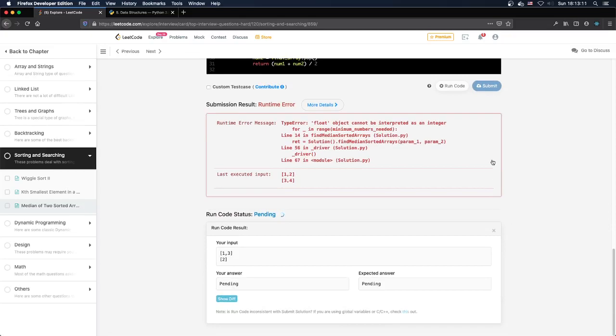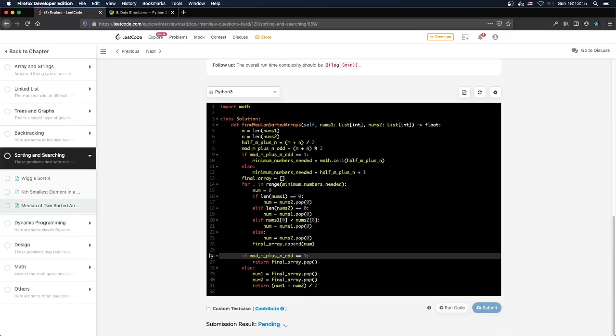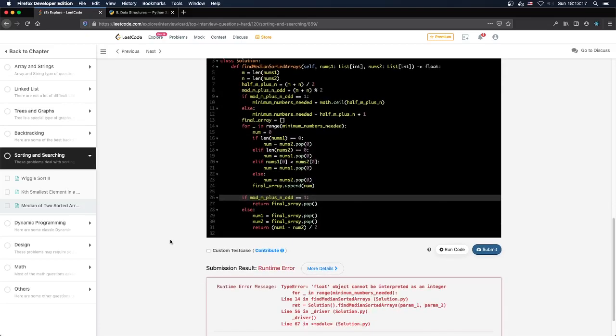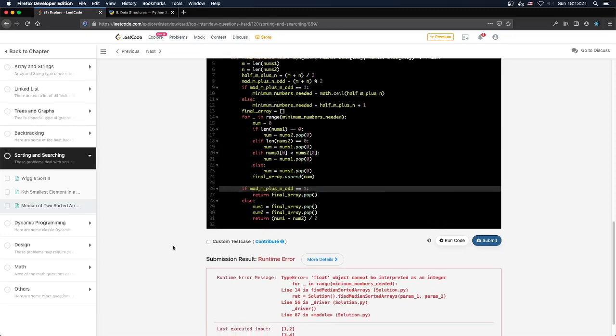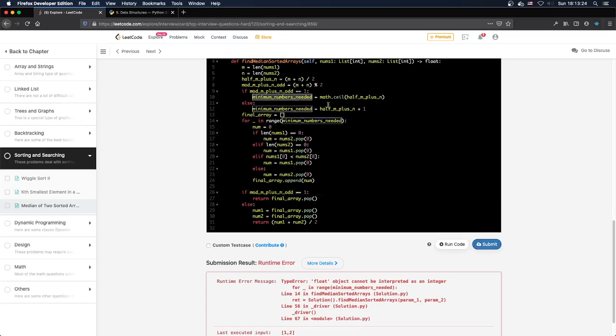But it doesn't seem to want to run that. Minimum numbers needed. If it's the ceiling, it should be an integer. Otherwise, it's